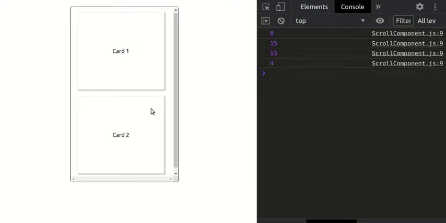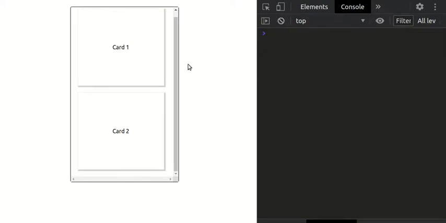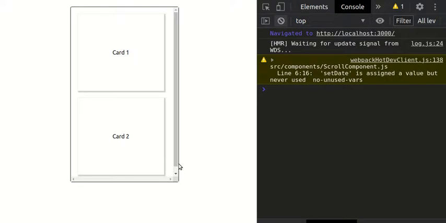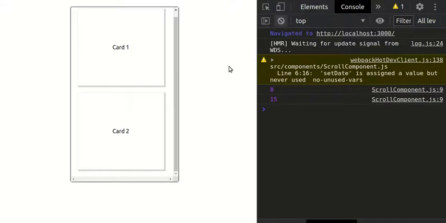Okay. So observe here, whenever our scroll bar attaches to this bottom, then the value will be 15. Then the scroll top value will be 50. So we just need this value. So what we will do is, we will first add one card, that means card number 3.